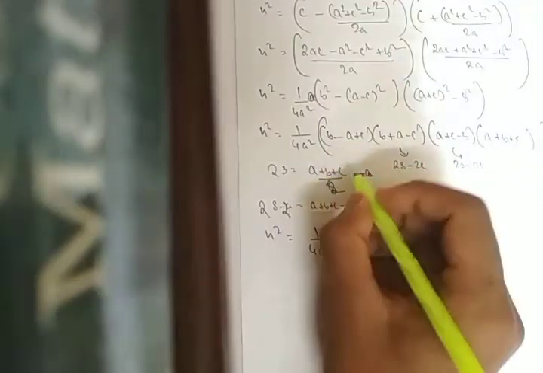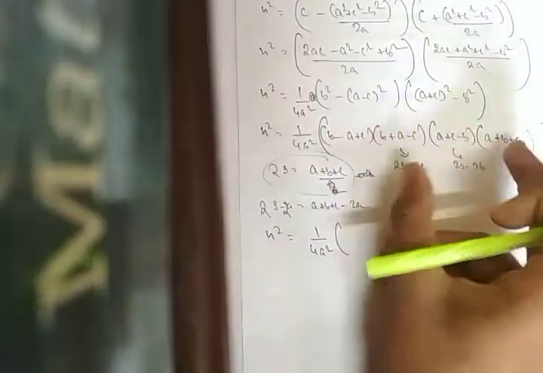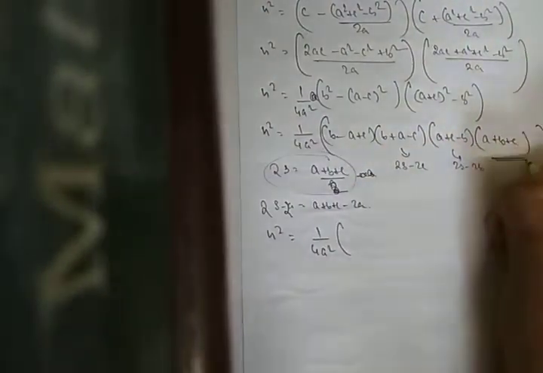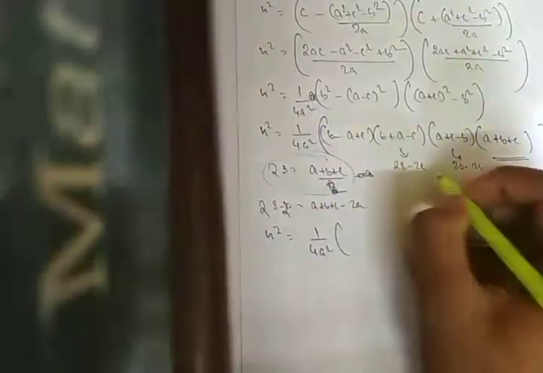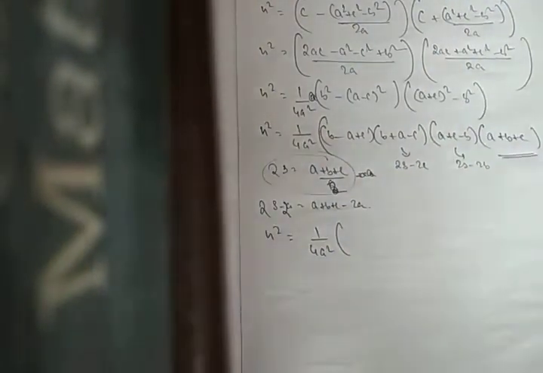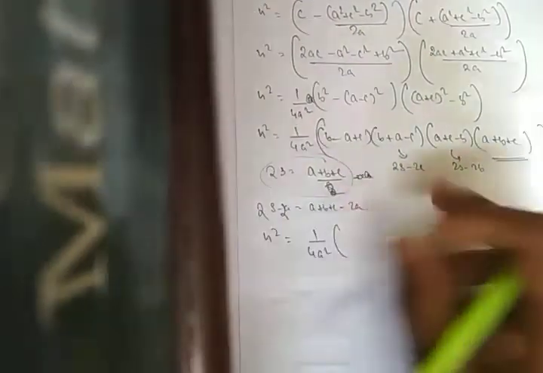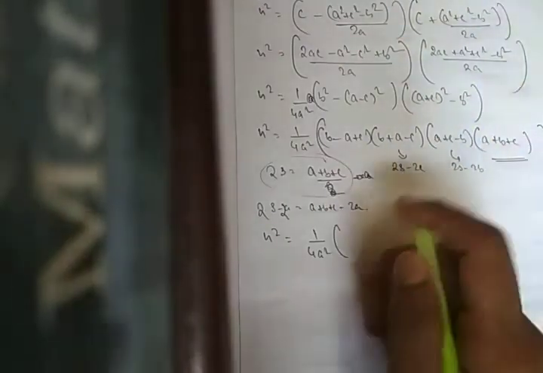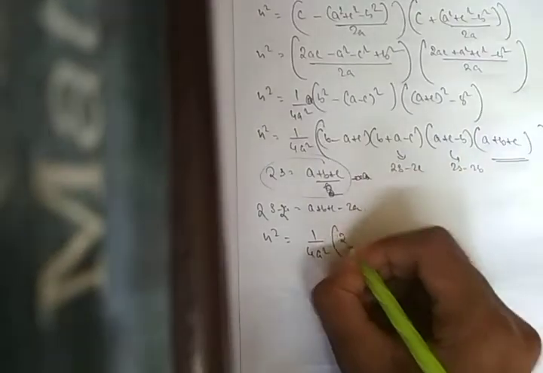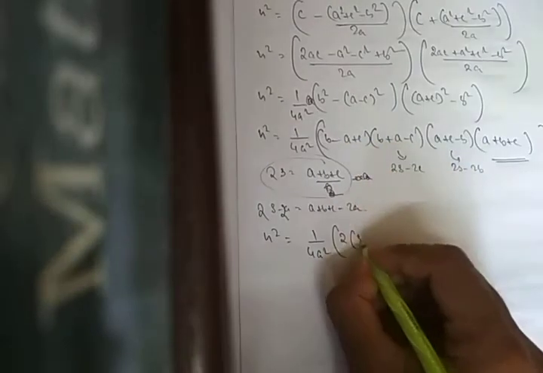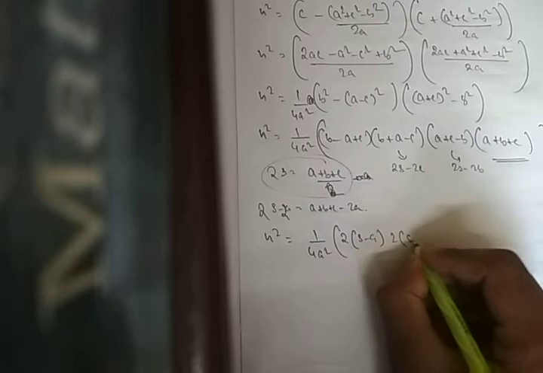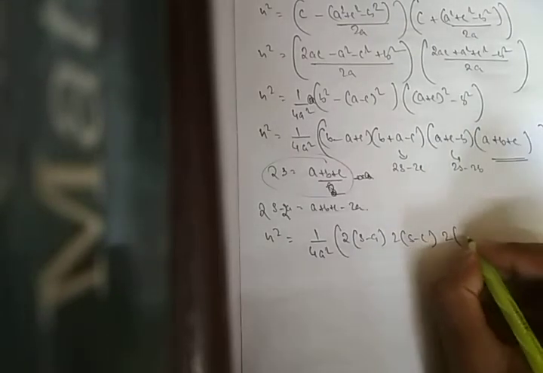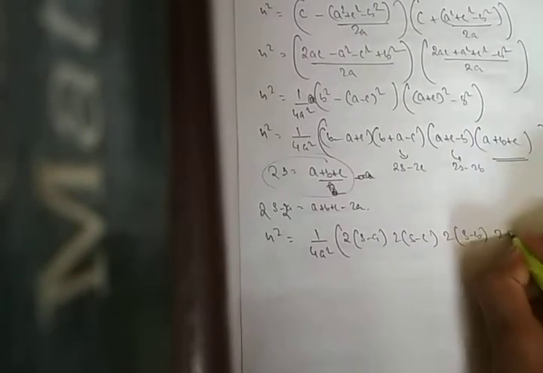For this reason Heron defined this s, so that it could be written in a simpler way, because it looks much more symmetric. If we find something symmetric, that is a plus b plus c, then we can write the whole in terms of this. Heron didn't discover s, he just assigned the value of (a plus b plus c) by 2 as s. So here we get 2 into (s minus a), 2 into (s minus c), 2 into (s minus b), and 2 times s.